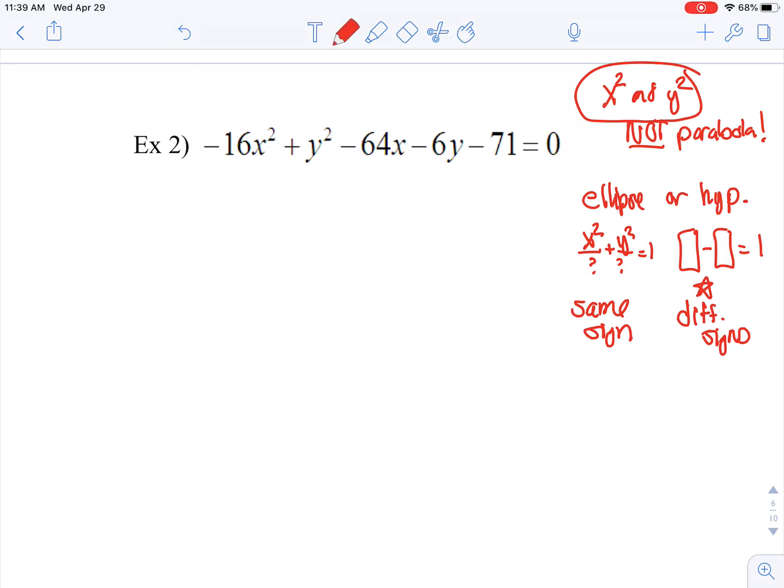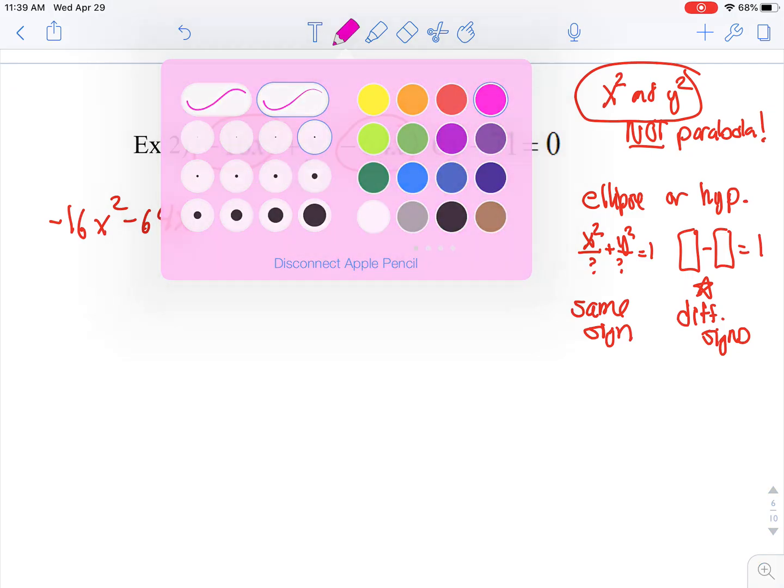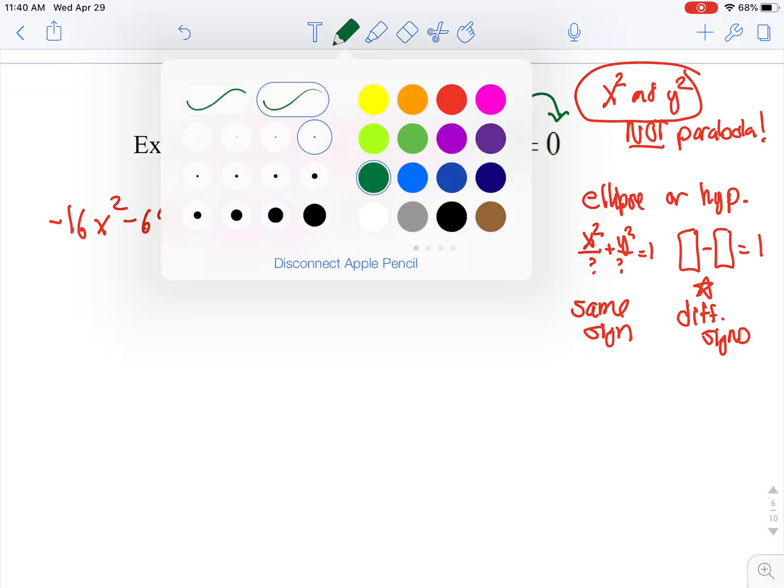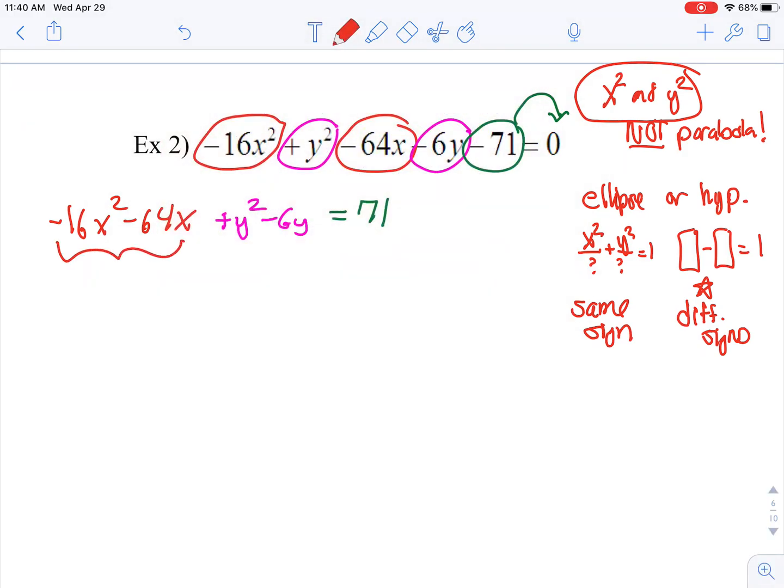And just like we've done before, we're going to do a little bit of grouping and moving some things around. So we'll start by grouping together your x terms, negative 16x squared and negative 64x. Group together your y terms, so y squared minus 6y, and then bring any constants over to the other side, so we'll say equals 71. Okay, if your x squared and y squared terms do not have a coefficient of 1, then your next step is to do a little factoring. So right here, I'm going to need to factor out a negative 16,